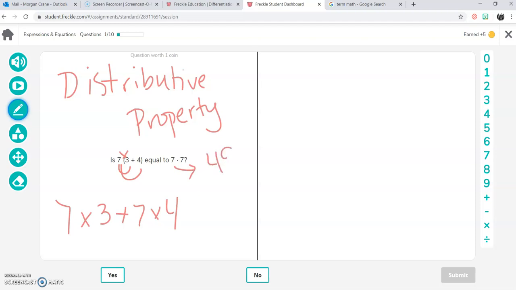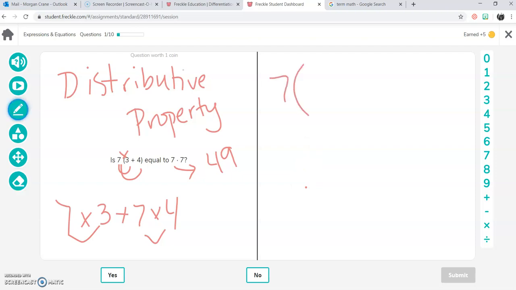7 times 7 is 49. So we're going to solve. 7 times 3, everybody, we know is 21. 7 times 4 is 28. And we're going to add those together and see if we get 49. 8 plus 1 is 9. 2 plus 2 is 4. So we have 49. So all I'm doing is I took that original problem,